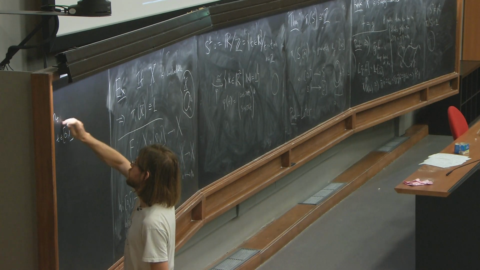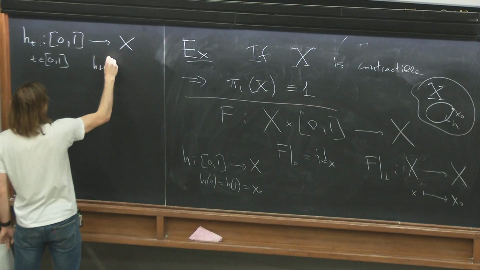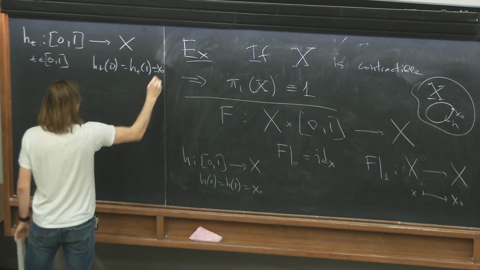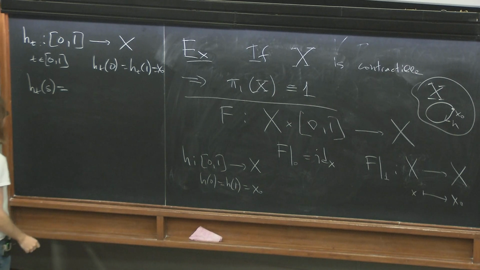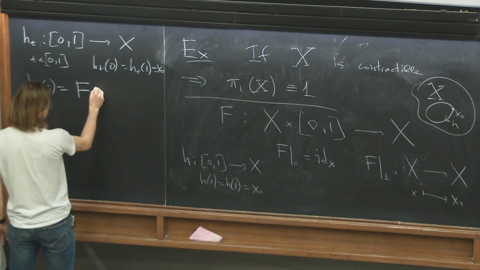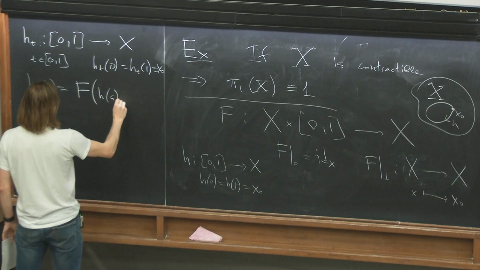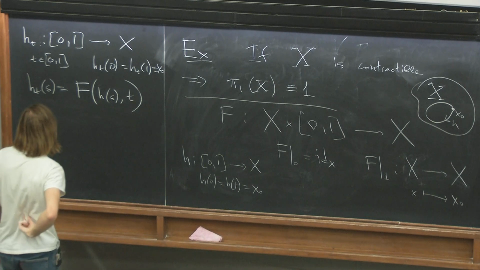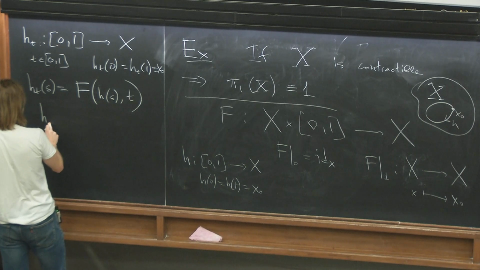So this will be another loop such that for any t, it starts and ends at x0, and I will just define by the following formula that H_t of s is equal to F of H of s and t. And we know that H of 0